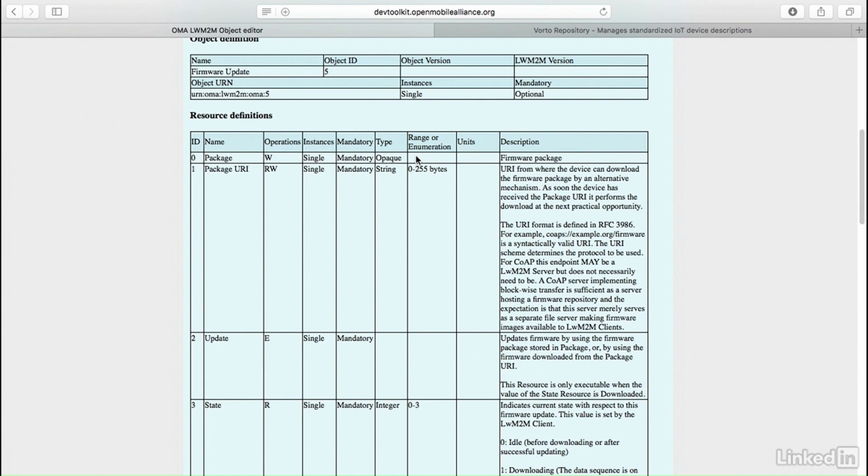The instances field indicates whether the object supports multiple object instances or not. If this field is multiple, then the number of object instances can be from 0 to many. If this field is single, then the number of object instances can be from 0 to 1. Similarly, if the object field is mandatory, and the instances field is single, then the number of object instances must be 1. To have a clear picture of what the definition